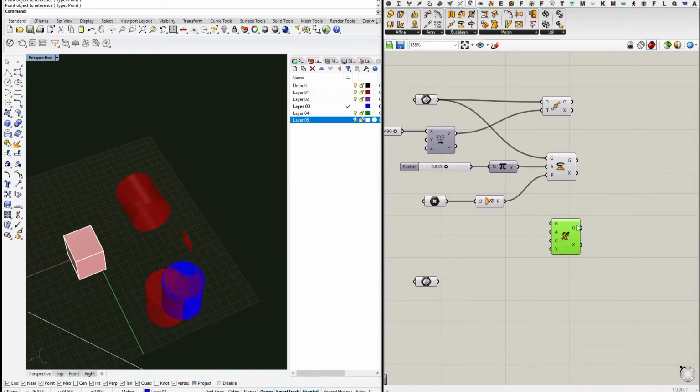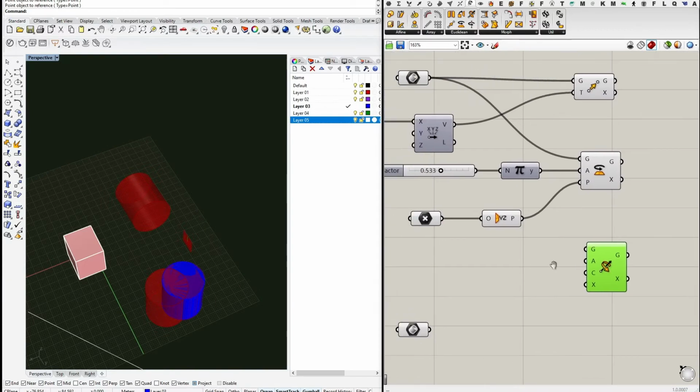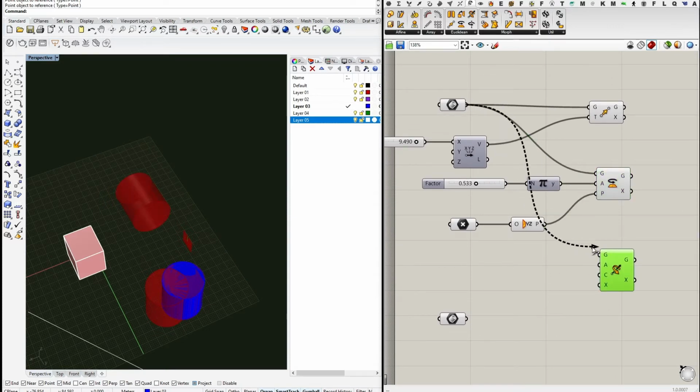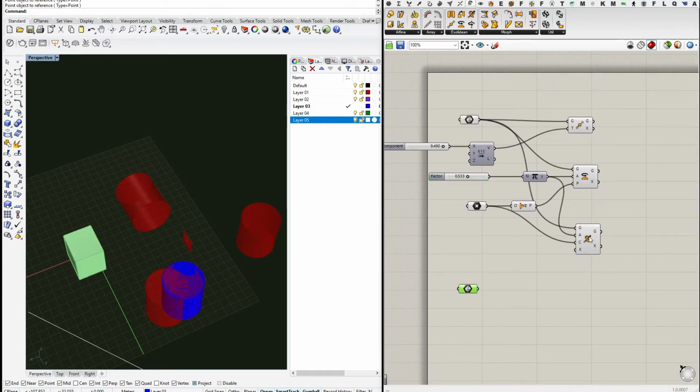The rotate around axis is essentially similar to our rotate around the plane component, in that you define again the geometry, you define a center of rotation. Let's take our points that we had before. And you have again an angle. Let's take our same angle. And you have an axis of rotation. Now the axis of rotation essentially creates, if you have a center point and an axis of rotation, what it will generate inside the component is nothing else than a normal plane